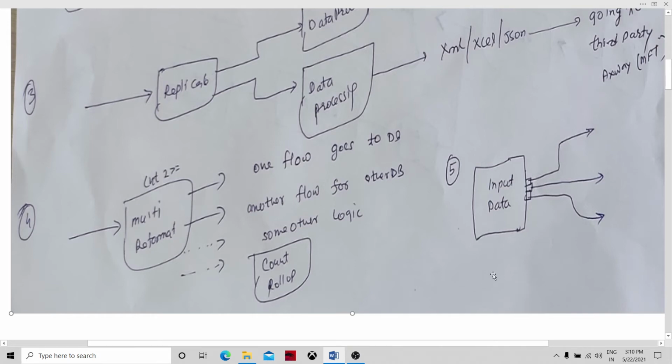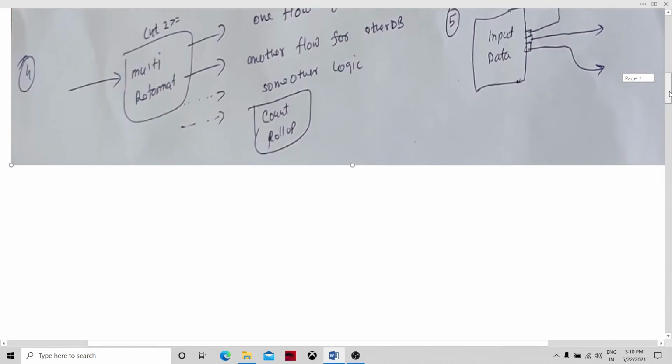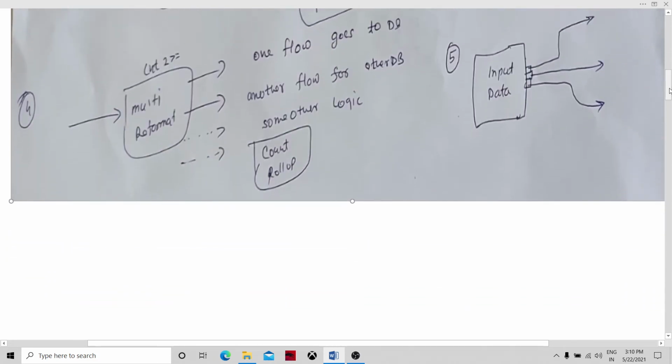And another is we have input data sets, and from the input data set we have different branches opening from the input port, and from there itself we will have different branches running in parallel. In this scenario we will not use replicate. We just connect the flows to the input data set. We don't have to replicate the flow. So this is the way we achieve component parallelism.